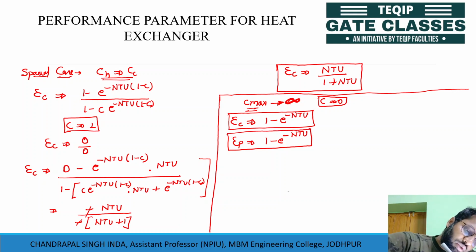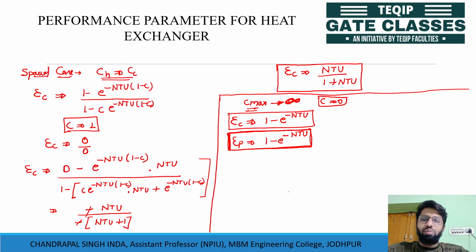And we have also said that the phase change type of heat exchanger does not depend upon the flow pattern. So the effectiveness will be equal to 1 minus e to the power minus NTU. So let's look at the variation in the effectiveness by changing the value of NTU and the ratio of heat storage capacity.